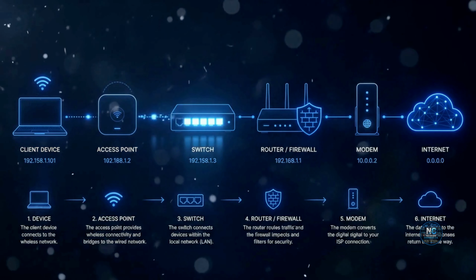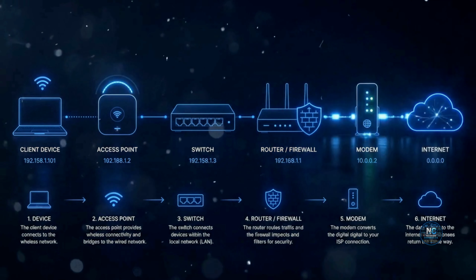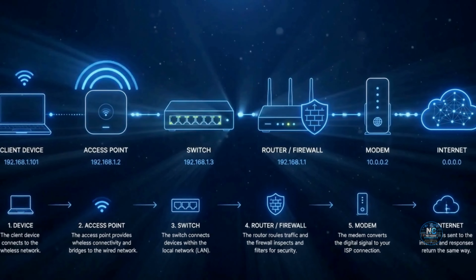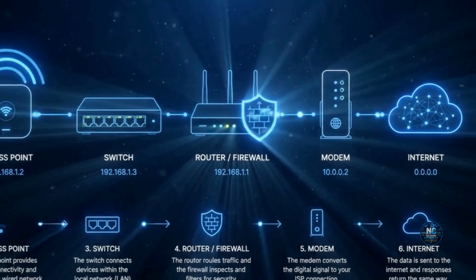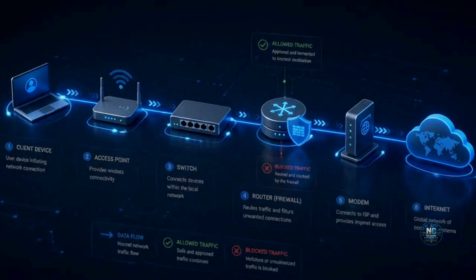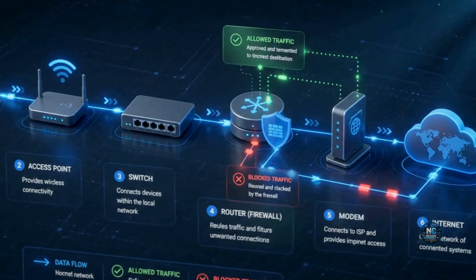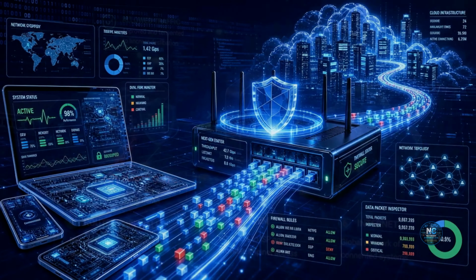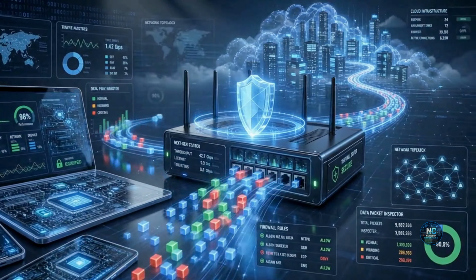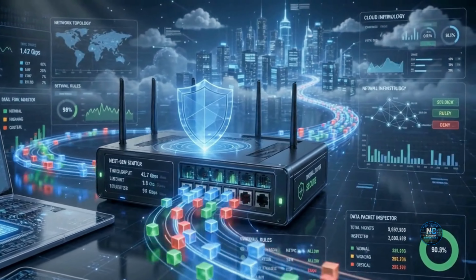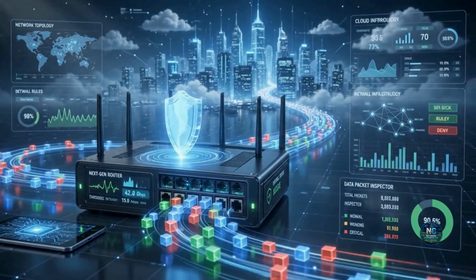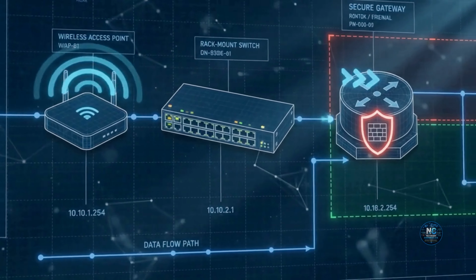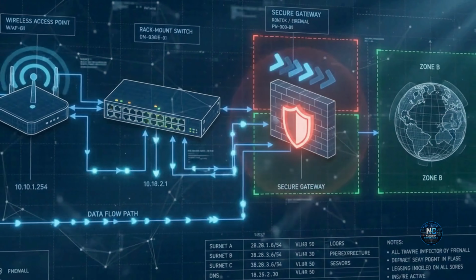Let's put the whole picture together using one simple example: you opening a website on your laptop at home. Your laptop sends the request over Wi-Fi to the access point. The access point hands it to the switch, often built into the same box as your router. The switch forwards it to the router, which checks whether this traffic is allowed to leave your network, often through basic firewall rules built directly into the router itself. The router hands the request to the modem, which translates it into a format your internet provider can carry. And that entire chain, access point, switch, router, firewall, modem, happens in a fraction of a second every single time